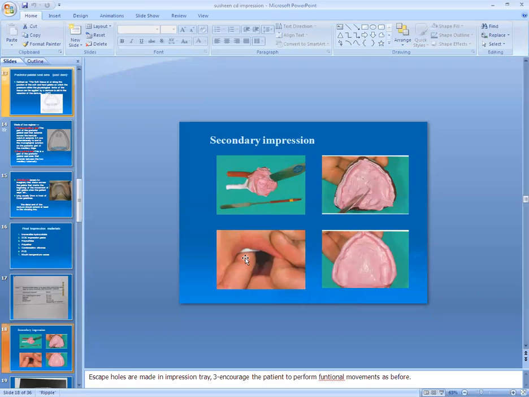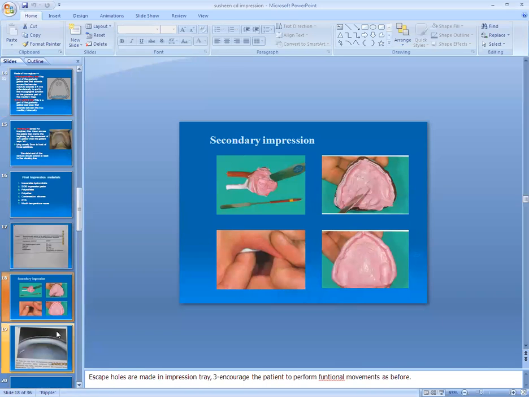For the mandibular, we record tongue movement, left side and right side, cheek movement, and sweeping of the upper lip against the handle, then downward, outward, and inward with hand manipulation. That will record the wash impression in a very refined manner.